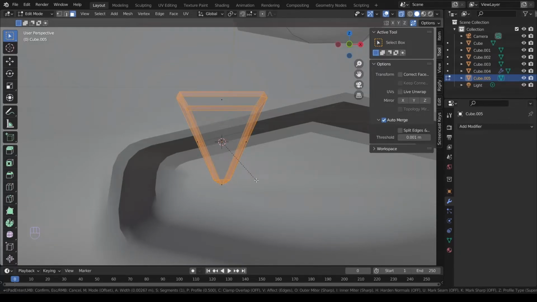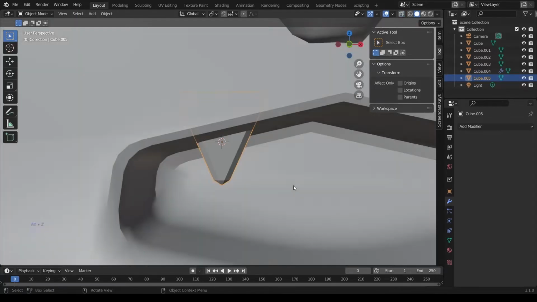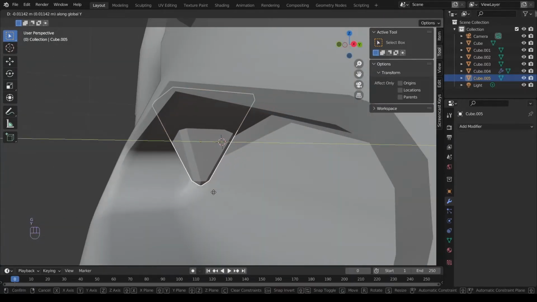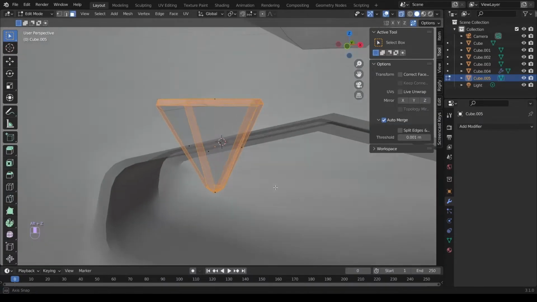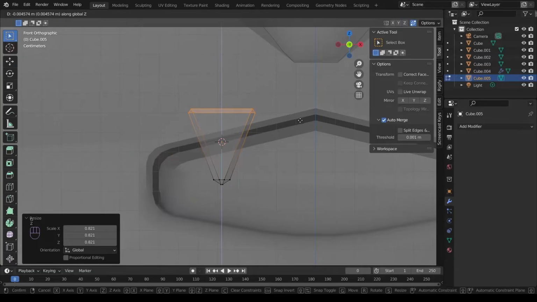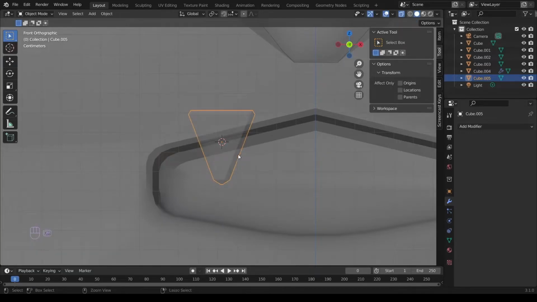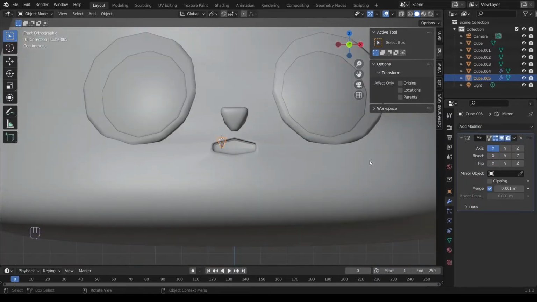A to select all, Ctrl B and drag to bevel. Adjust the positioning, resize and edit as needed so it looks crisp and doesn't create any artifact in there like it is right now, where you can see the teeth coming out of the face. In object mode, throw in a mirror modifier and get those teeth in place.